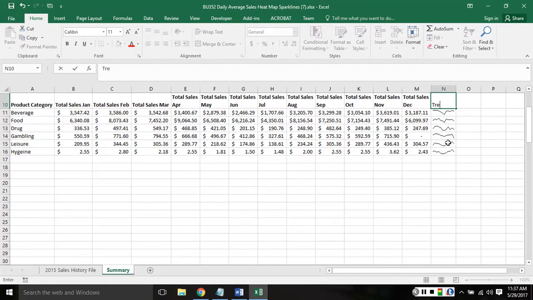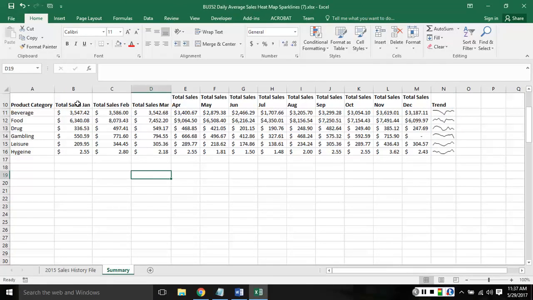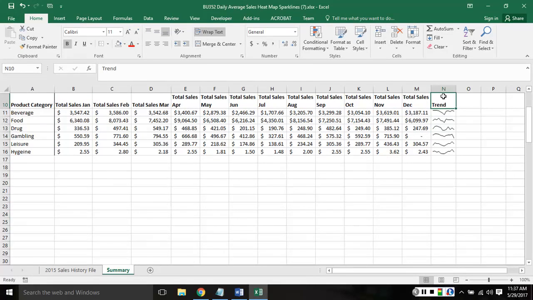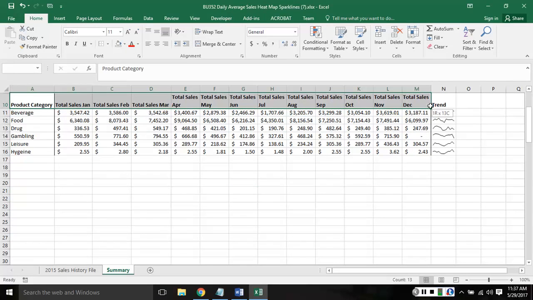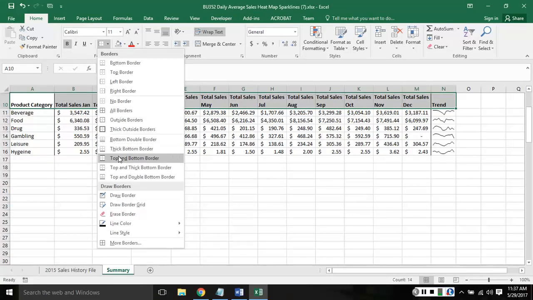You could put in the word trend just to let people know what you're talking about here as well. And of course, keep in mind I've not data inked this. I'm going to require that you data ink. What I mean by that is be mindful of what we're doing here, just like we covered in this chapter already. So just as an example, I data inked this a little bit, but all of your assignments going forward,